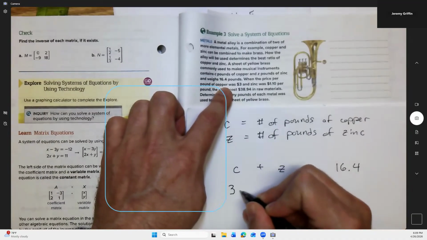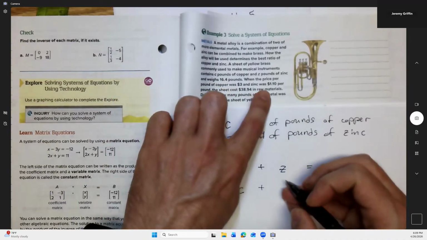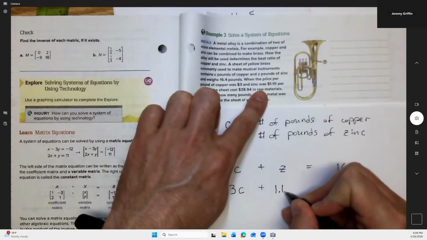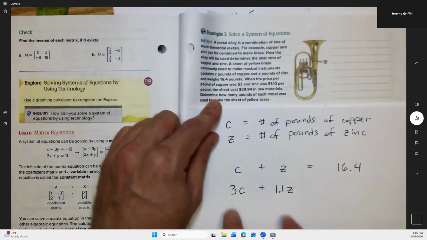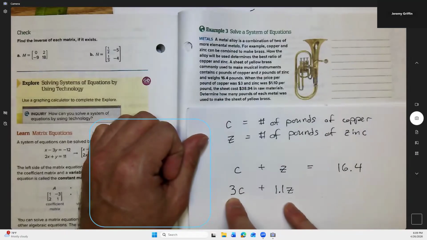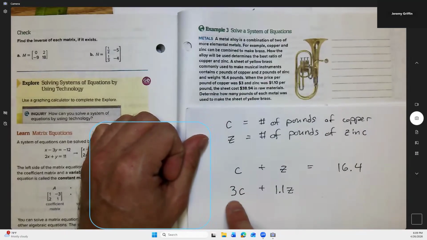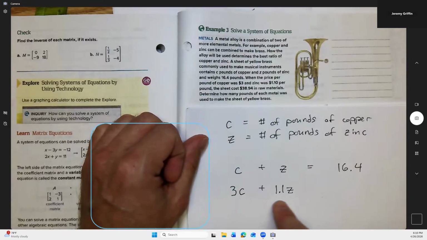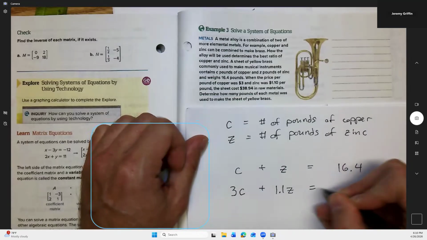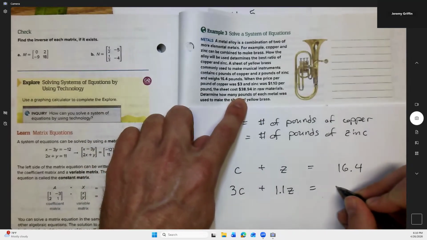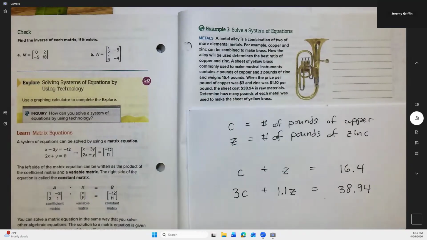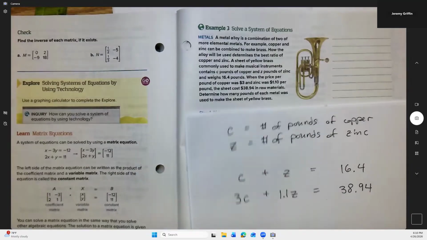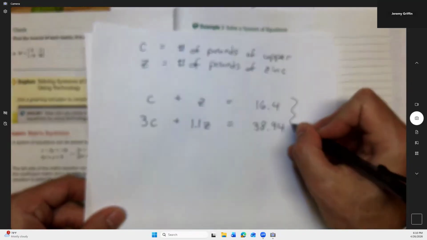So $3 a pound for copper times the number of pounds of copper plus $1.10 per pound times the number of pounds of zinc. You can see if we do dollars per pound times number of pounds, we're getting some number of dollars. So it costs this much to buy all the copper, and this much to buy all the zinc. Altogether it costs $38.94. Now I'll drop the dollar sign, but otherwise, that's it. So this right here is your system